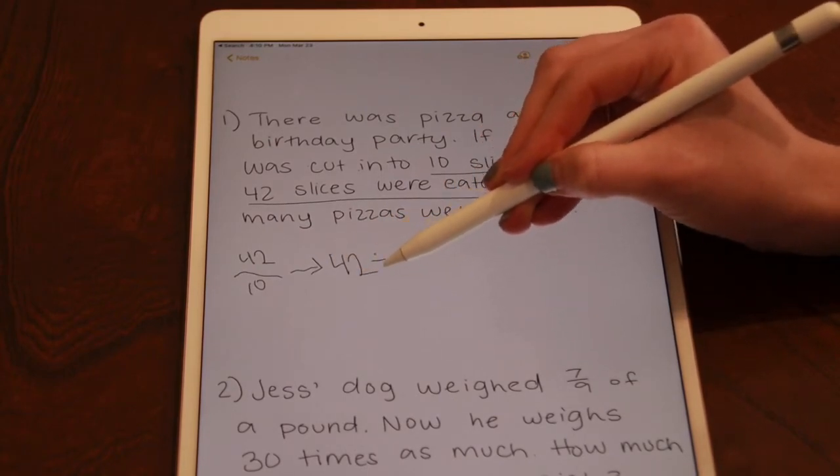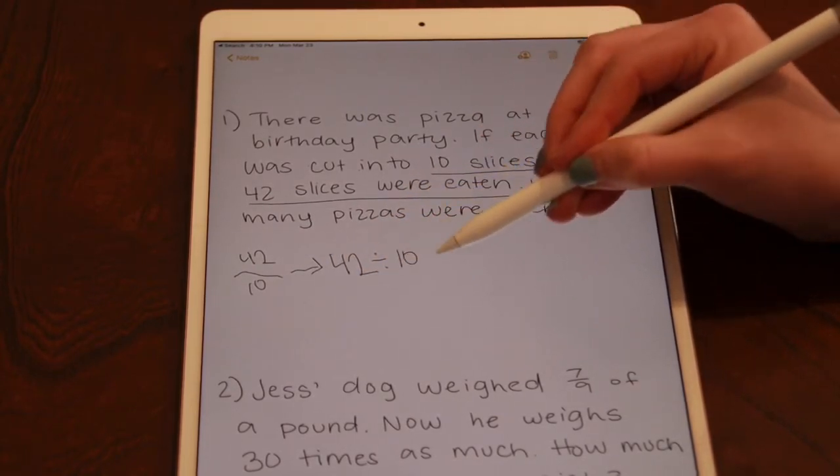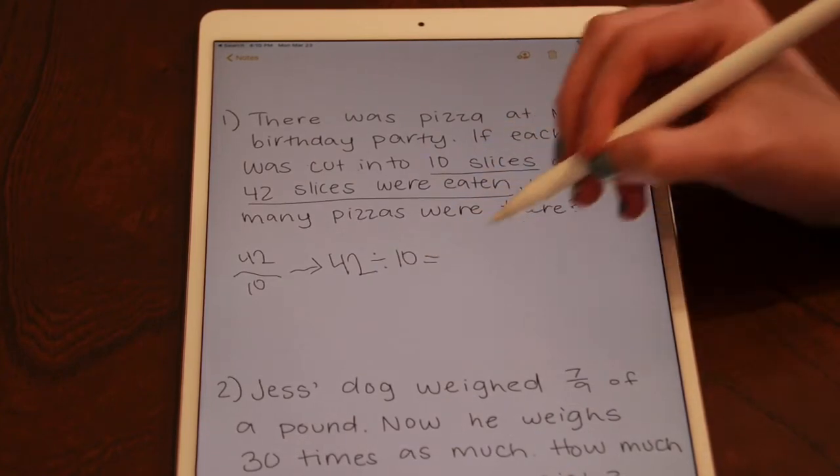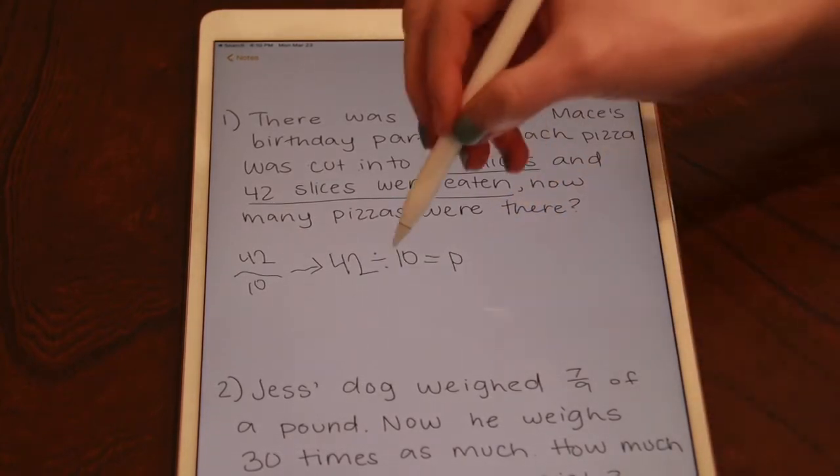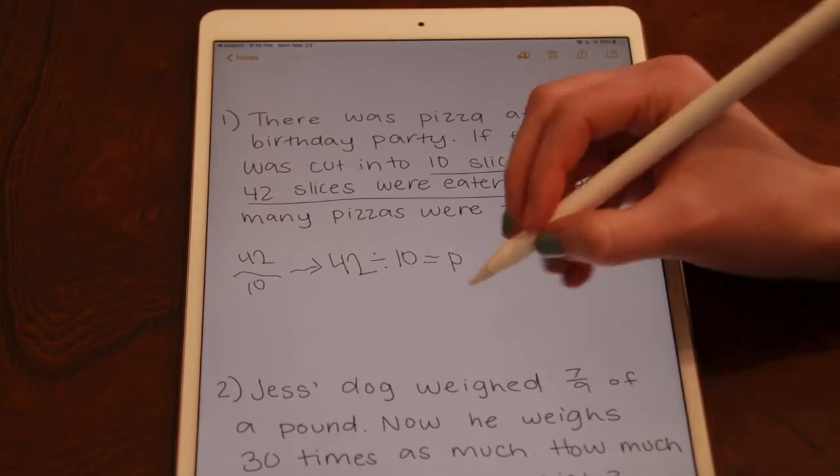42 divided by 10 equals, let's do P for pizza. Remember, an equation has an answer. We don't know the answer, so we're going to use a variable. So I have to solve for this. So I'm going to do 42